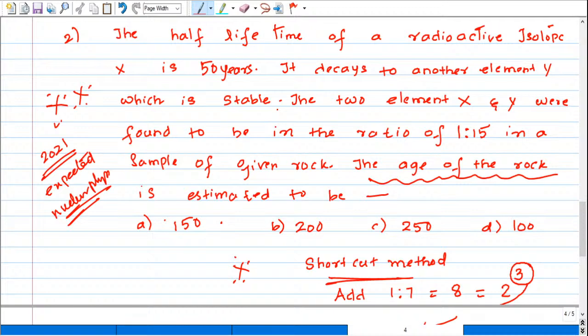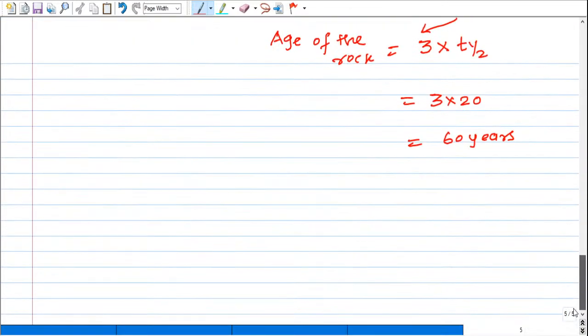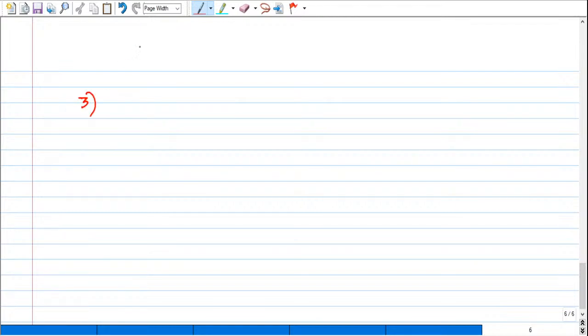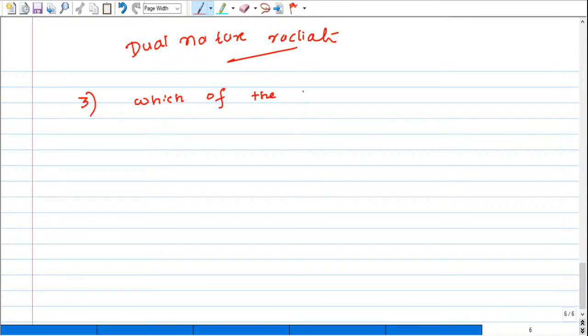So it's a very important one. So let us go for the third question now, which is there in dual nature. Now we are going for a dual nature radiation, important question. So, a graphical sum is very, very important. They will ask you a graphical sum 100% without doubt. But now we are discussing an important question in dual nature, that too with a graphical one. See here, it's a very important one. Which of the following figures